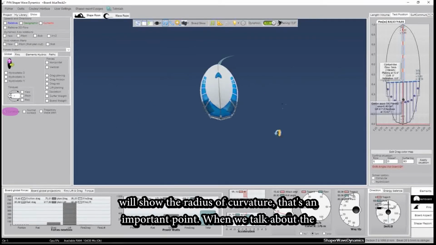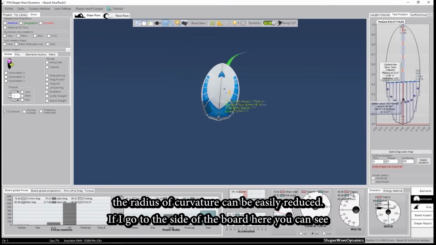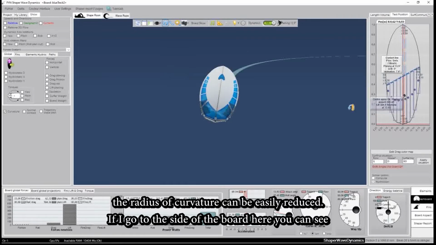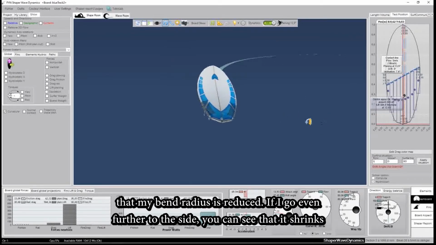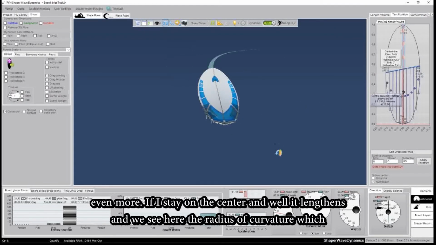That's an important point. When we talk about the maneuverability of a board, we are talking about its ability to turn. So if I can turn easily, it's because the radius of curvature can be easily reduced. If I go to the side of the board, here you can see that my bend radius is reduced. If I go even further to the side, you can see that it shrinks even more. If I stay on the center, it lengthens, and we see here the radius of curvature, which is